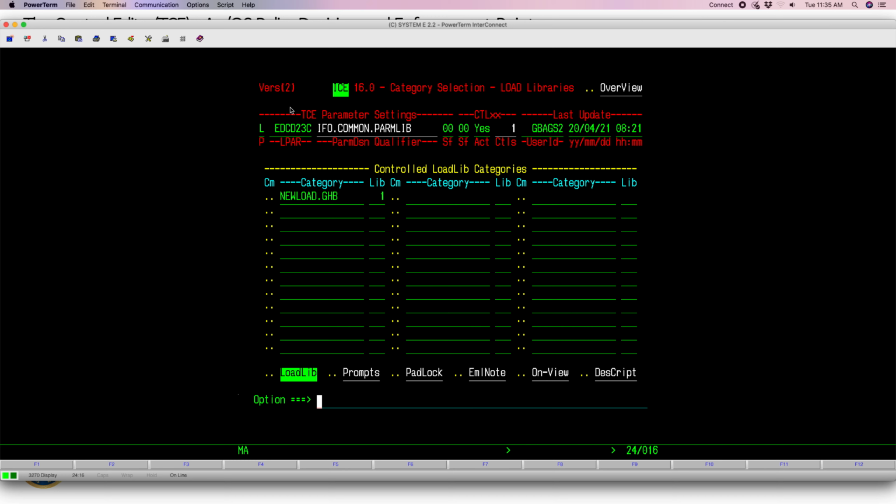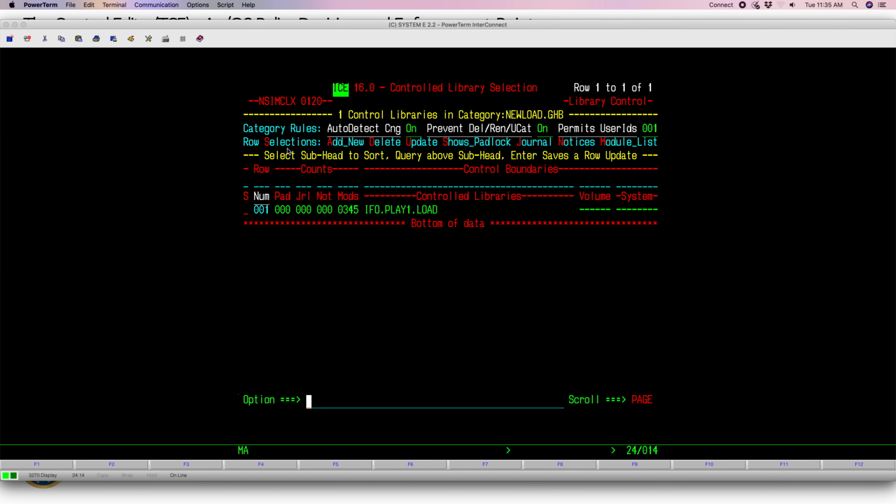But in the case of load libraries, we can do all the same things and set up all the different options as well. But one of the things I want to point out that's more critical for load libraries is that we can turn on some additional features. And these are available actually for all of the targets, but this gives us a little bit more value to the load libraries. There's a process we put in called auto detect, which